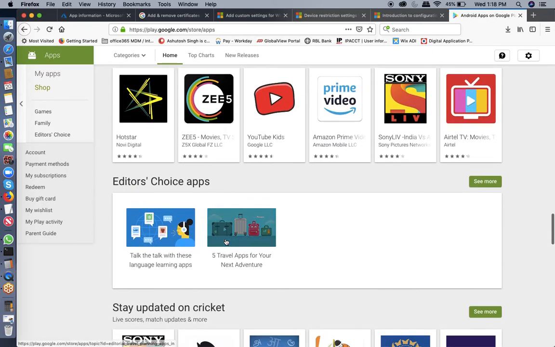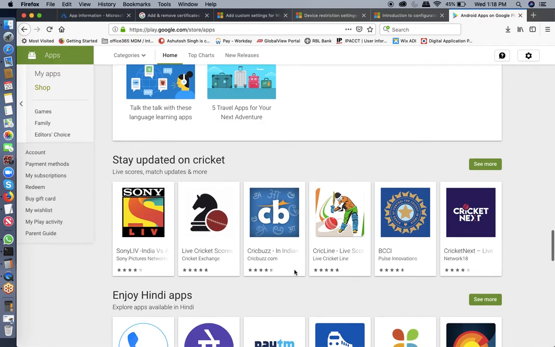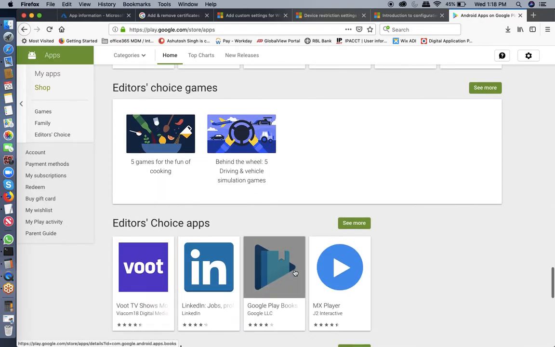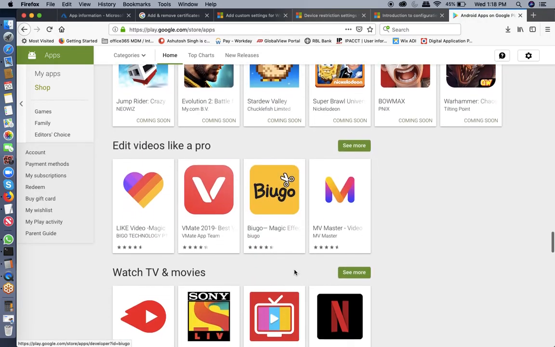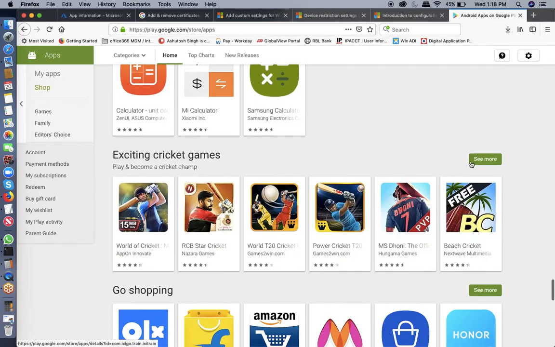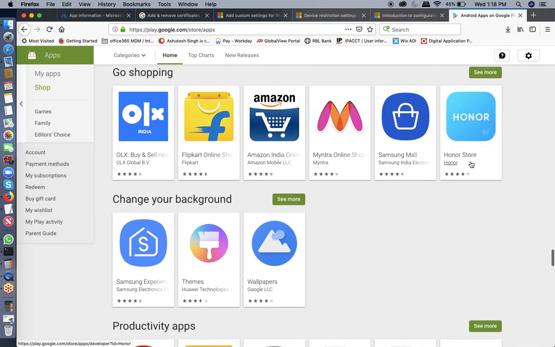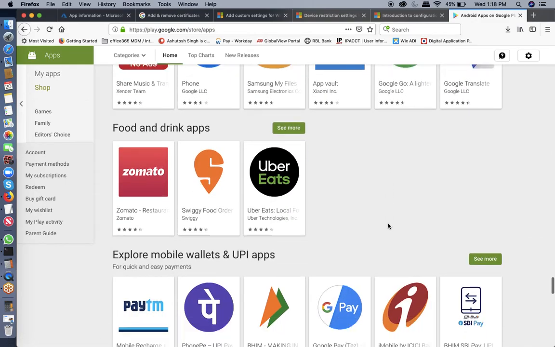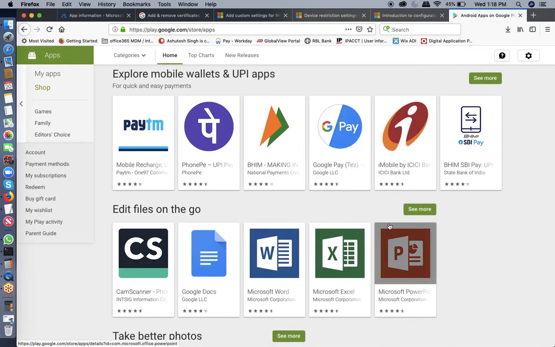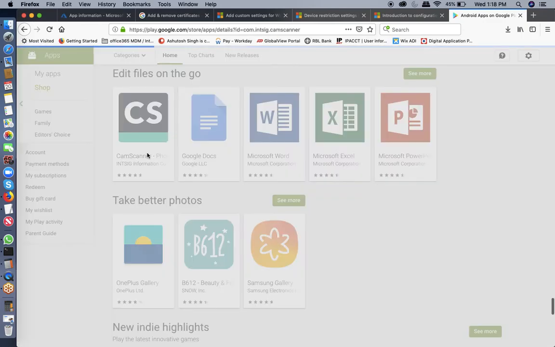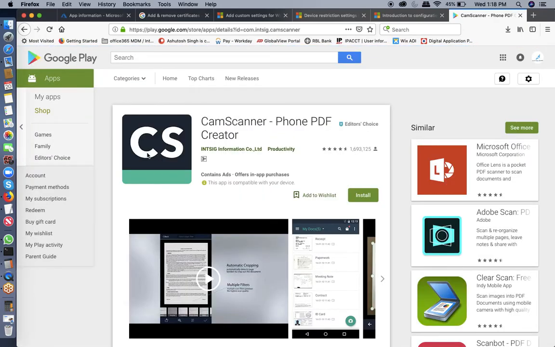You can select anything. Which application do I want? I actually don't want any application, to be honest, but we have to do some. All right, so how about I want to deploy cam scanner on my device, okay? So I'll select cam scanner,